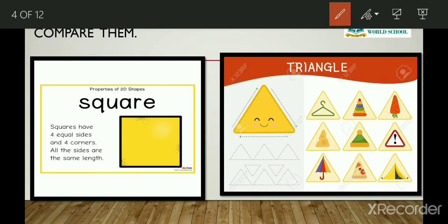And what next? Do you think there is any diagonal possible? No. Why? Because there is no opposite corner to any of the corners. See, if this is point 1 or corner 1, can you find any corner which is opposite to this corner? No. So, as there is no opposite corner, there is no diagonal. Okay. Now coming to the next is